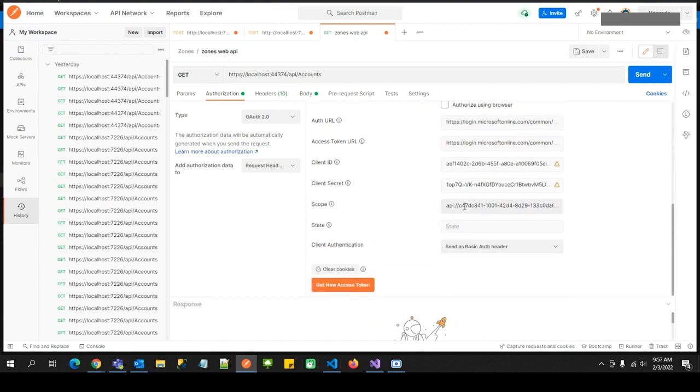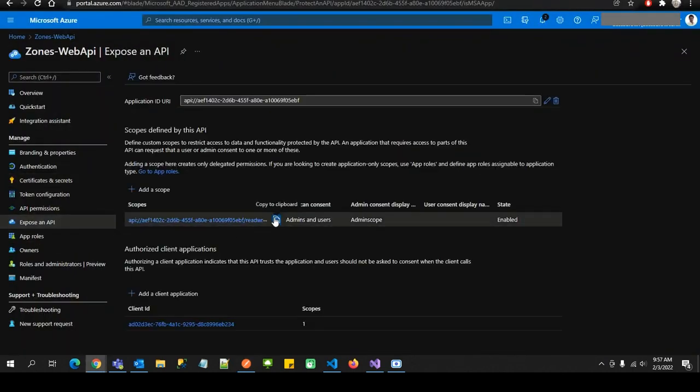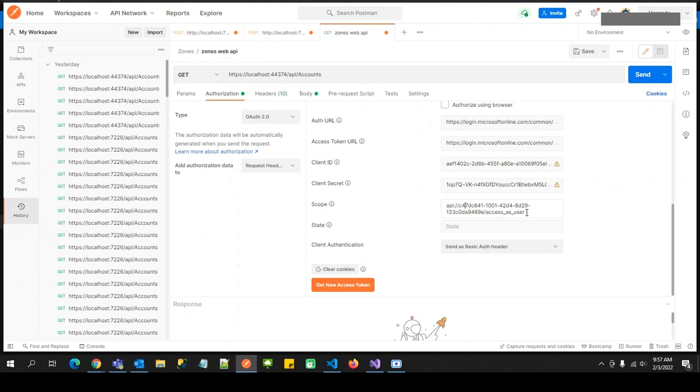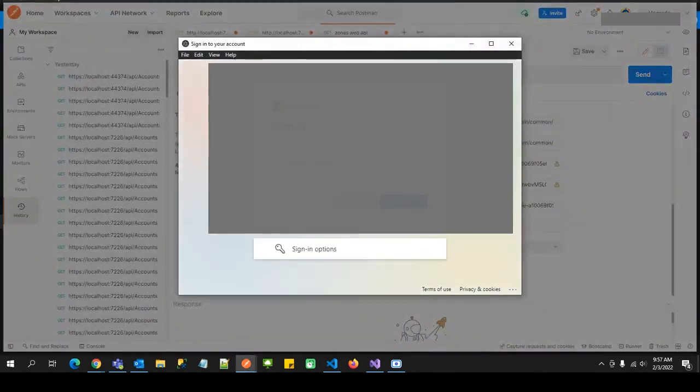And if you go to scope, as I told you, just add the scope from Expose an API, copy it. You add the scope in both the client ID as well as here, I mean the client React application ID. And just click on clear cookies and get new access token. If all things are correct,